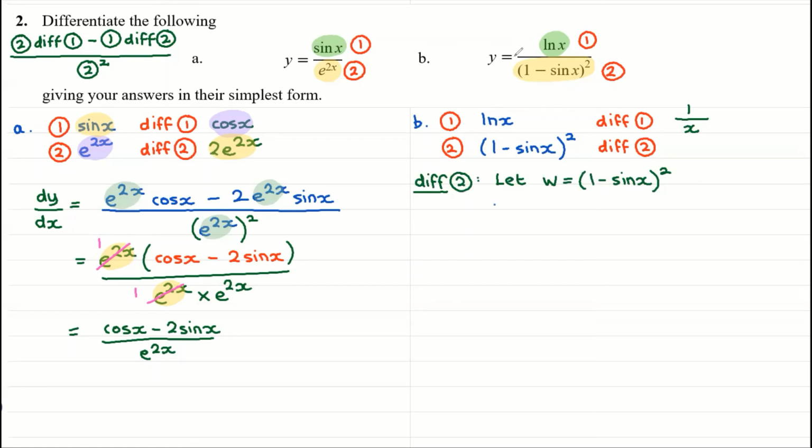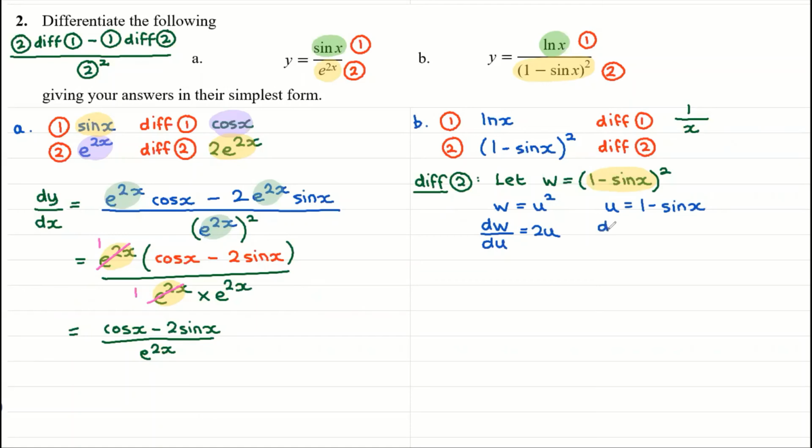So w is going to equal u squared, and u is of course going to be the part that's being squared, the awkward part. So that's going to be 1 subtract sine x. Okay, and as composite functions, we can differentiate these without too much trouble. So dw by du is of course going to be 2u,